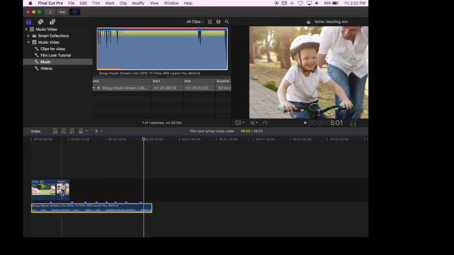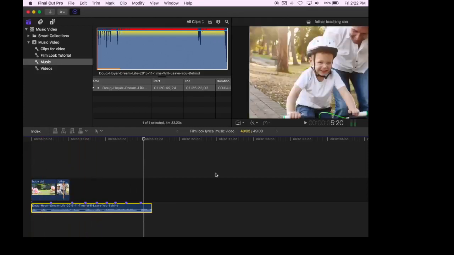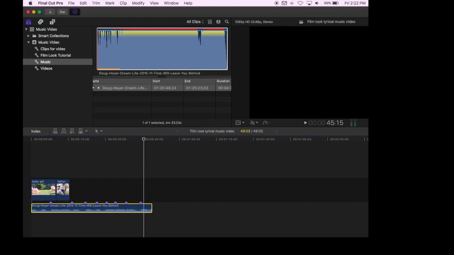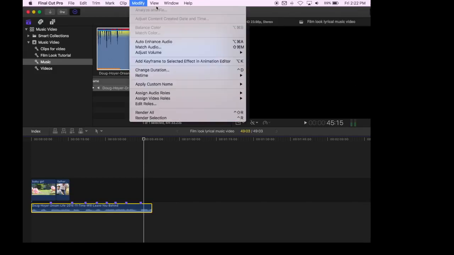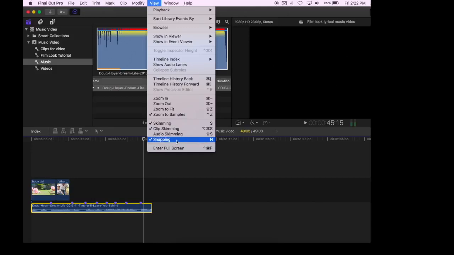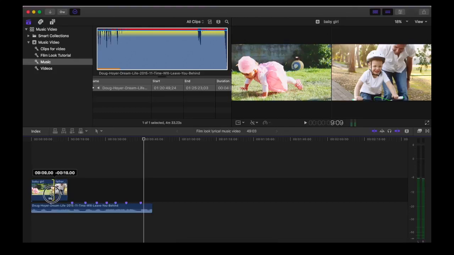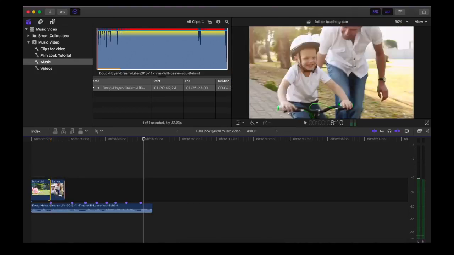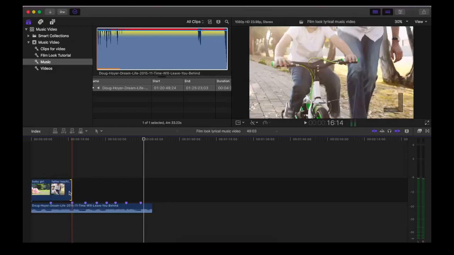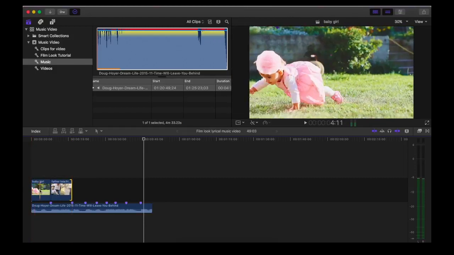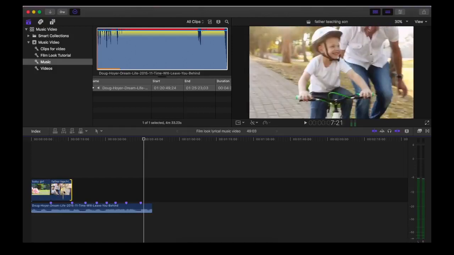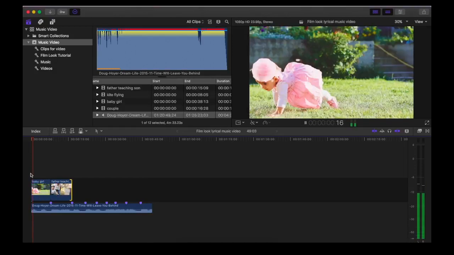Now one cool feature in Final Cut Pro is snapping. To align these video clips to the markers, we will use the snapping feature. To enable snapping, go to the View menu and click on snapping. You can also use the keyboard shortcut N or use the shortcut in the toolbar. Drag the clip to the left and you can see a thin yellow vertical line. Snap it. Make sure you do it for the second clip as well, so that we time it with your music. Now play the music using spacebar. Make sure your playhead is at the beginning.